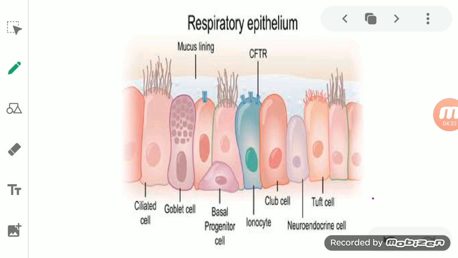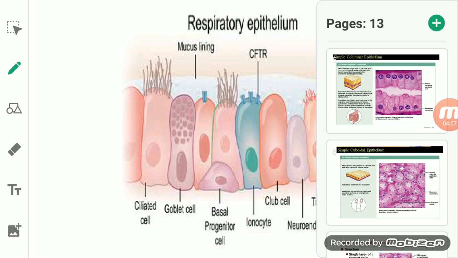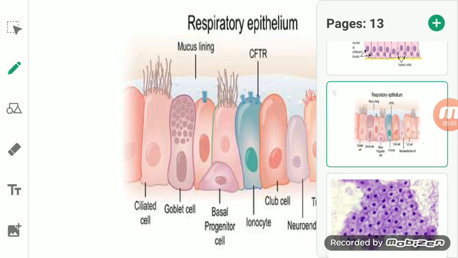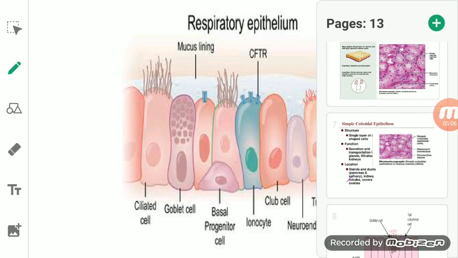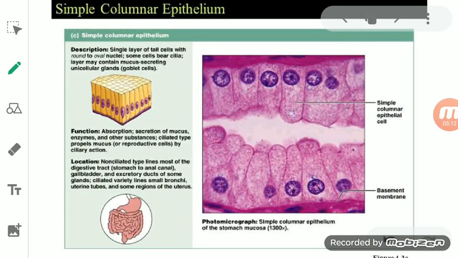Now the second modification that occurs in the columnar epithelial tissue is that at the free surface, if there is a brush-like structure, a finger-like projection, then that bordered epithelium, the finger-bordered epithelium, is known as brush bordered epithelial tissue. Okay, brush bordered epithelial tissue. It is a brush-like structure, and that's why we use the term brush bordered epithelial tissue.